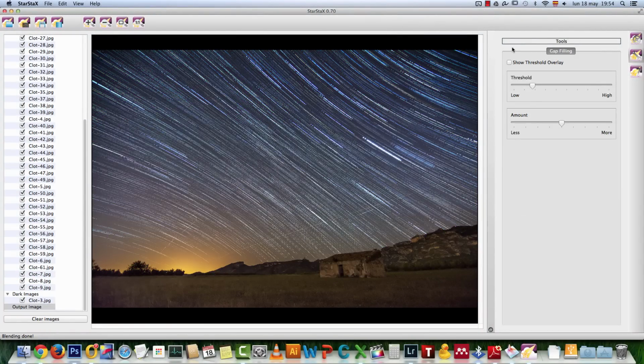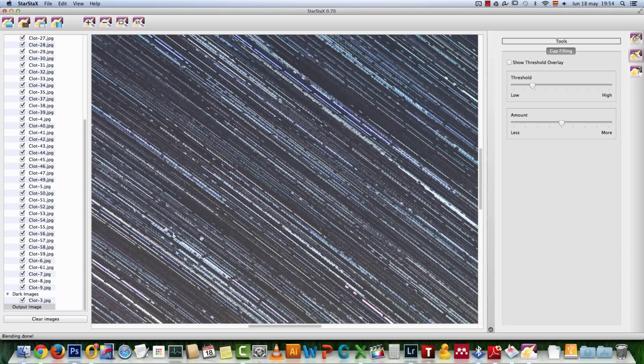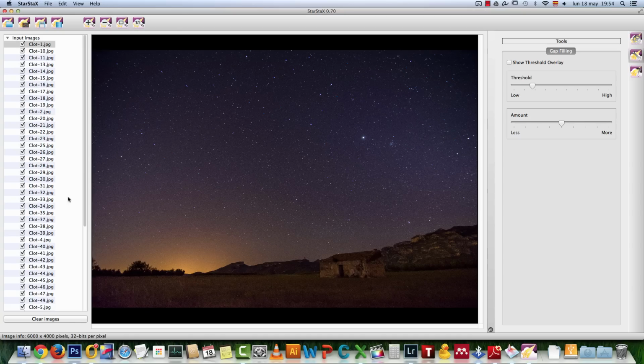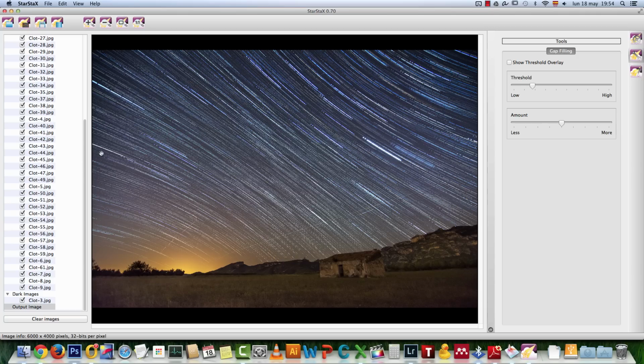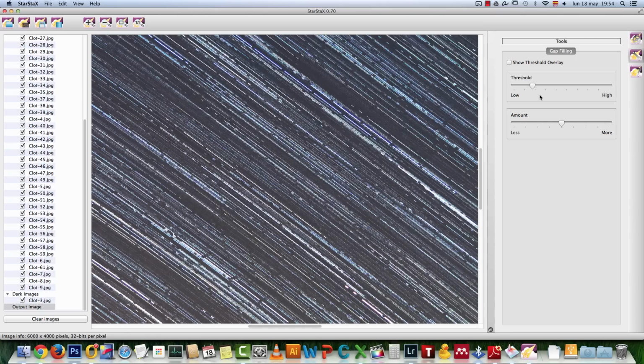Okay, so this is the result. Actually, I think that some of these gaps here appear because the images are not in order. You can see it goes from 1 to 10, and maybe it's because of that, but I'm not sure. Try to put them in order here. Here you can reduce the amount of gap using this threshold, and you can check the show threshold overlay, and then